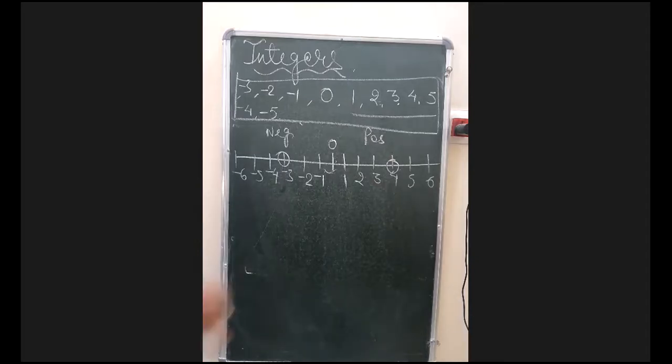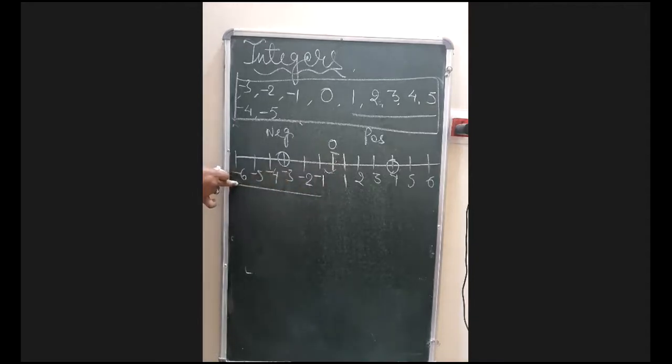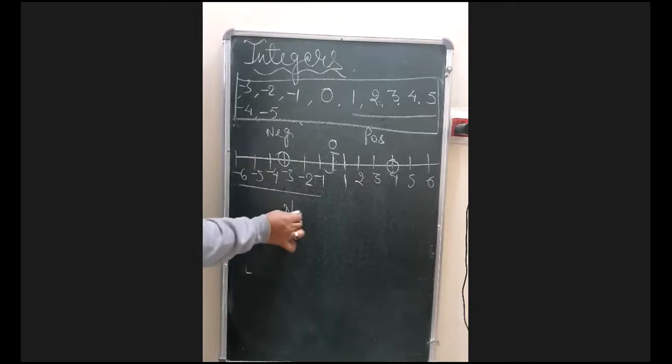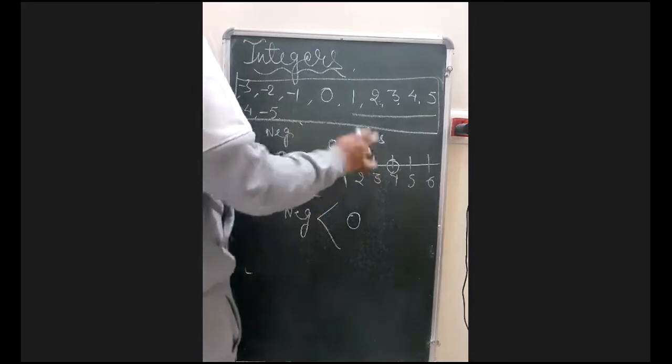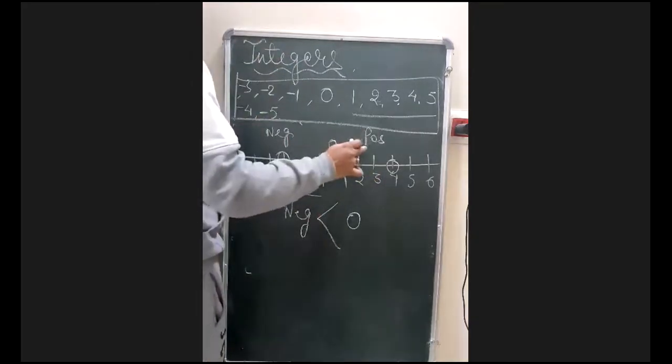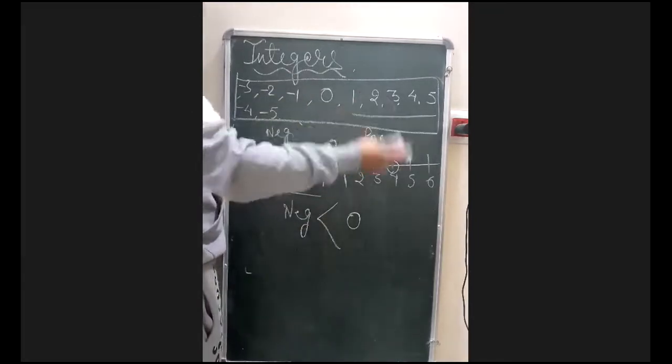Now if you talk about every negative number and zero, तो अगर आप देखोगे हर नेगेटिव नंबर लेफ्ट पे है और जीरो जो है वो लेफ्ट वाले से राइट में है. Every negative number is on the left and zero is on their right. It means zero is greater than all negatives. ठीक है? जीरो जो होता है वो हर नेगेटिव नंबर से बड़ा होता है. तो I am writing it, नेगेटिव से बड़ा कौन होता है? जीरो. ठीक है? और अगर हम पॉजिटिव और जीरो को देखें, so every positive number is on the right side of zero.